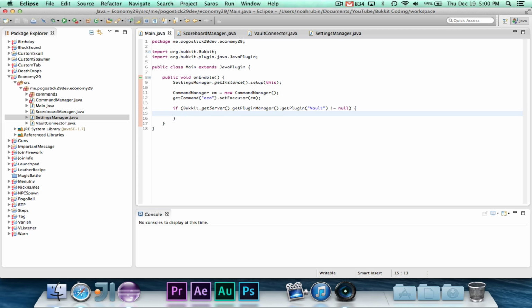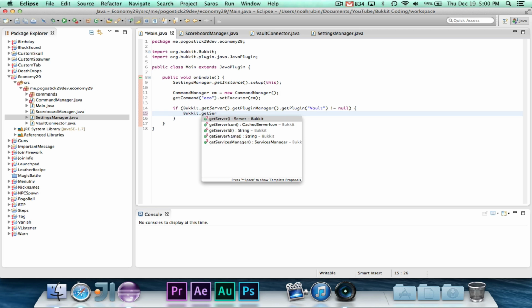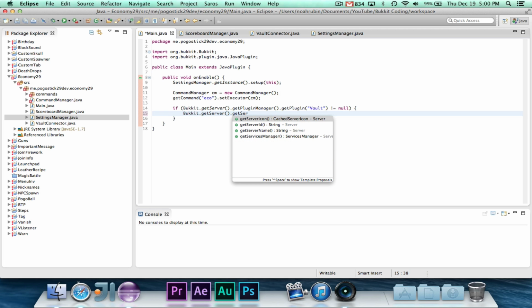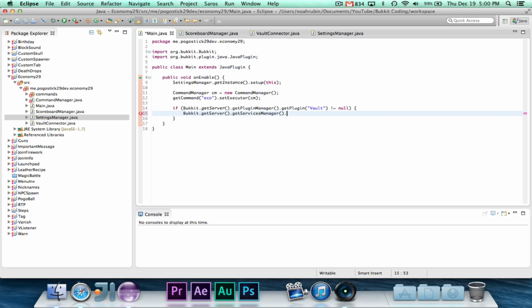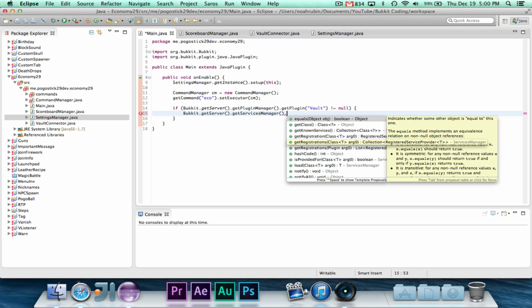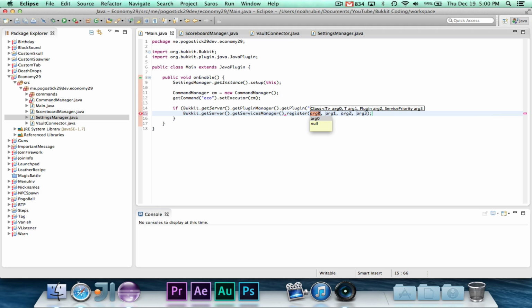So we're getting the plugin Vault, and if it's not null, then we're going to go ahead and say bukkit.getServer.getServicesManager. I don't think that we've ever used this class before, but then we're going to say .register.